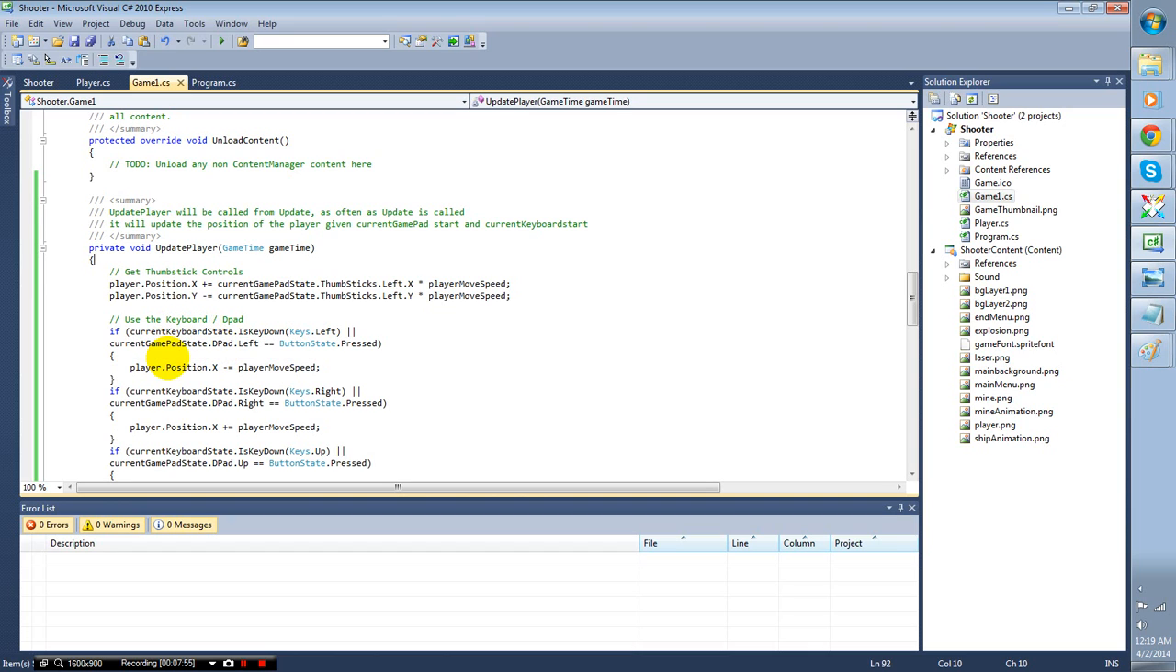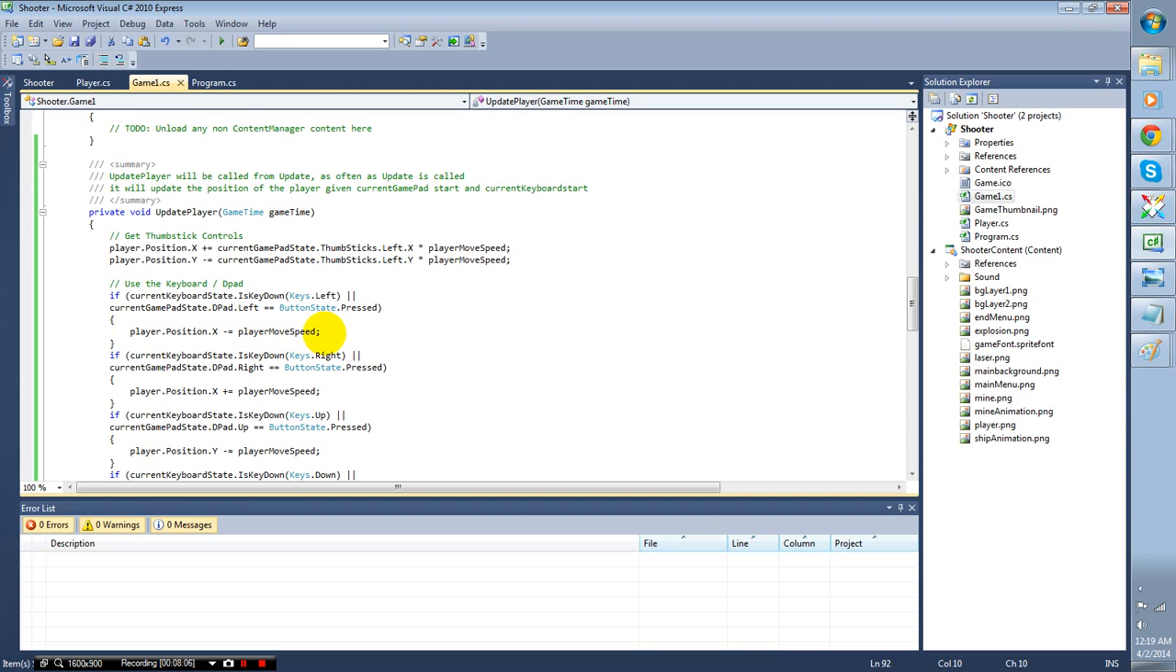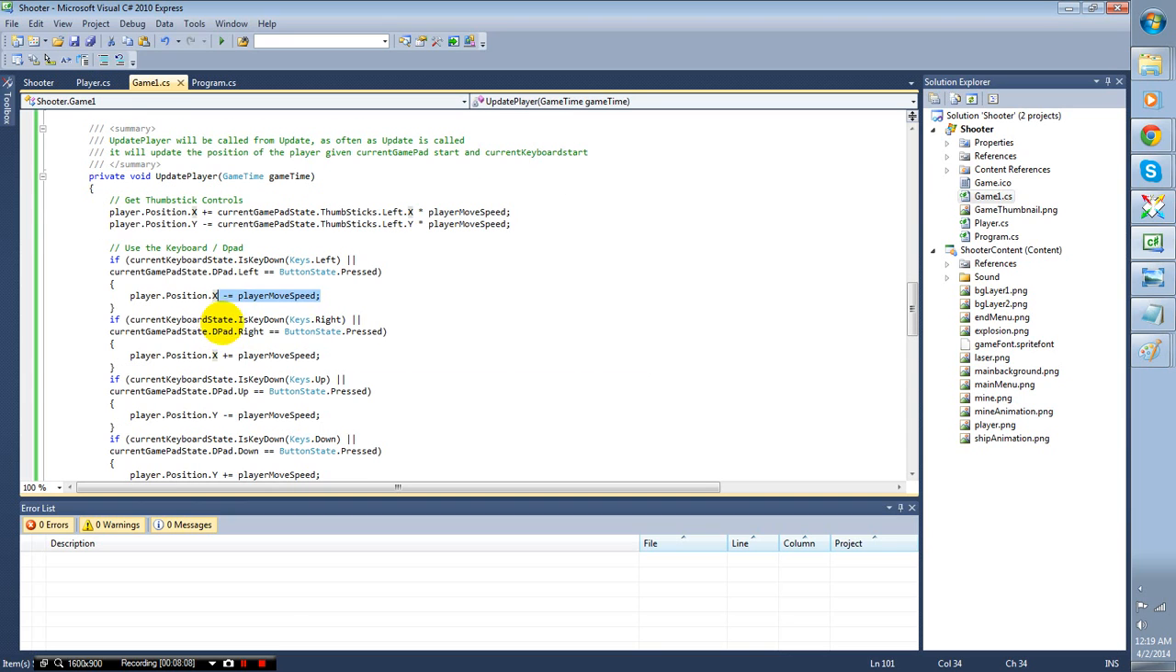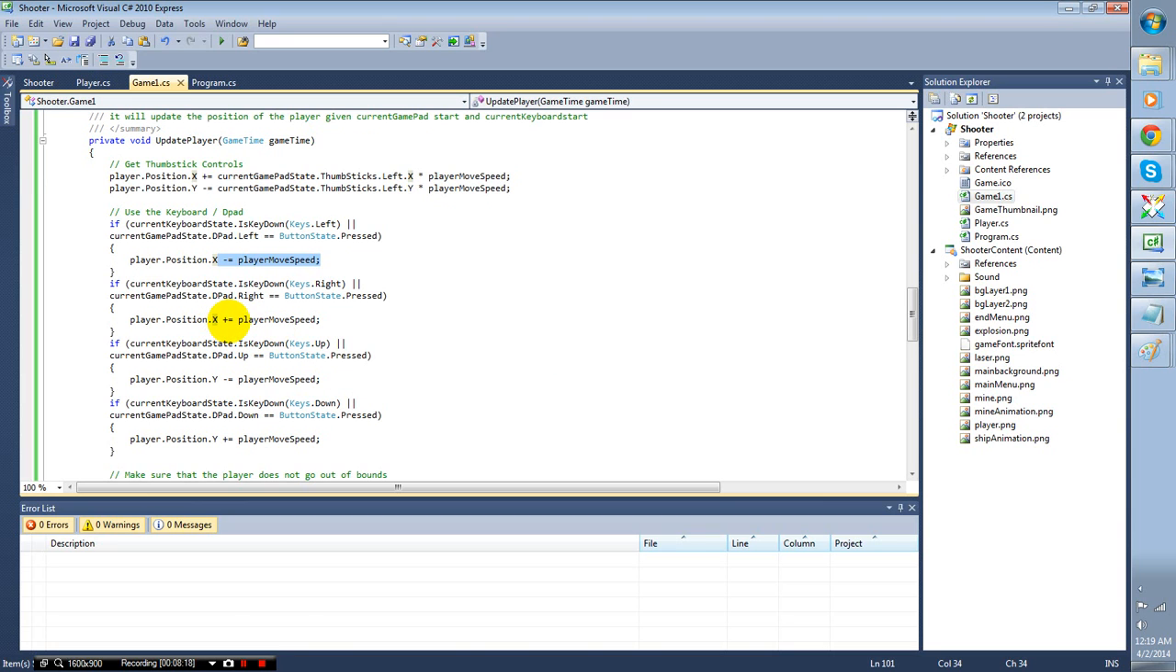The keyboard is going to be coded up as follows. Basically, if the key left is down and/or the left D-pad is pressed on the gamepad, then we're going to count that as moving back in the X by a certain amount of move speed. So we're going to say by move speed. If it's right, or if the D-pad.right is down, then we're going to add in the X, so we're going to go forward. If the key press up is going on, we're going to go up in the Y, which